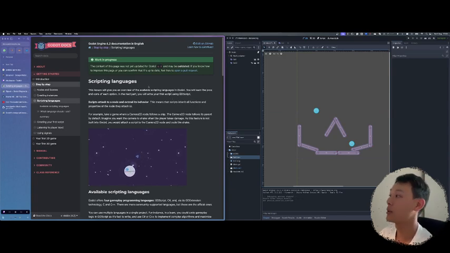So I haven't actually done any coding yet. All I've done is mess around with the UI. So I'm going to actually do some coding now. Work in progress. It has not been updated for Godot 4.2, may be outdated. But